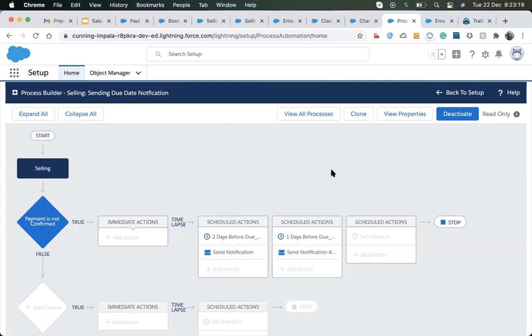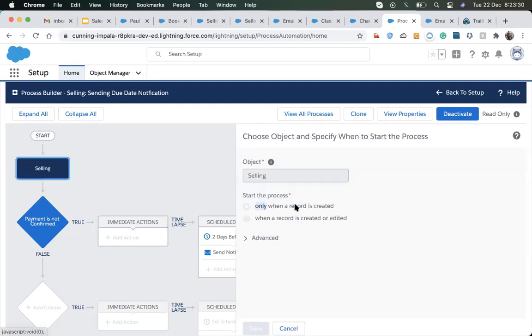Both cases will work the same way, means it will happen when the record is created. So that's the limitation: whenever the record is created, we can schedule the actions.